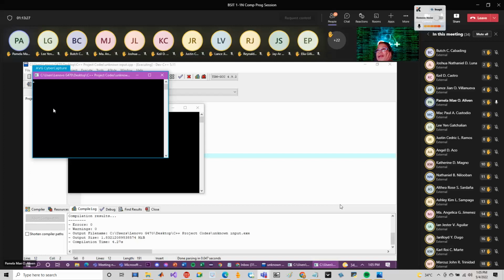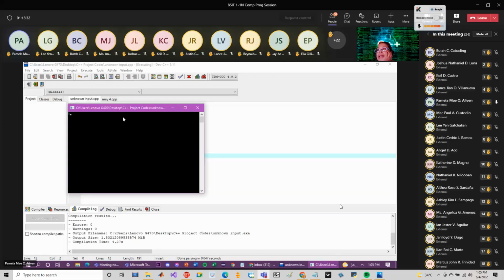Ayan. Tapos, kapag nag-input na po ako, tas ginawa ko po yung Control Z,